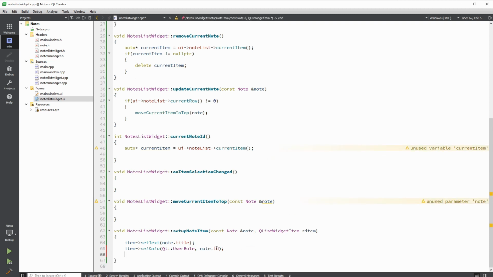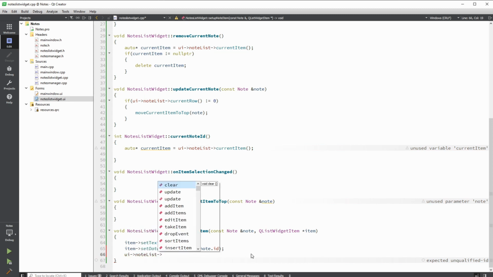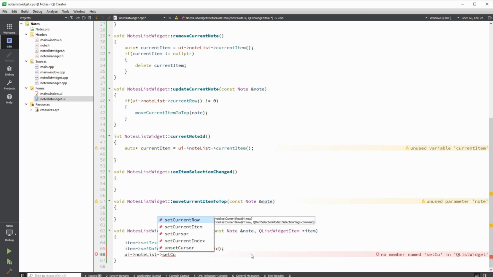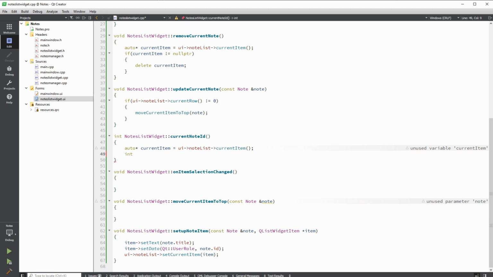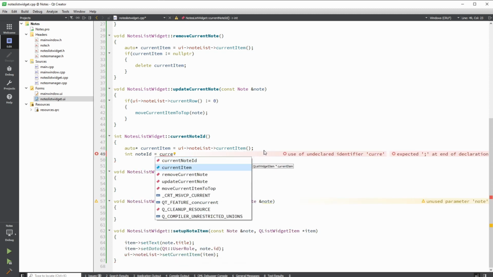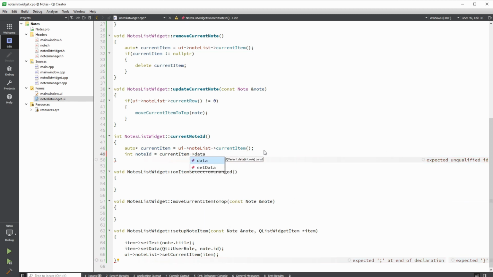So we don't want this to be displayed anywhere. This is just going to be stored inside the item, and we can retrieve it later when we need it. That would be in the current node ID. And what we want to do as the setup, we want the nodes list to be set to the current item. So we want an int, which is going to be the ID, and let's call it nodeID. We want to get it from the current item, and we're going to use the function called data,